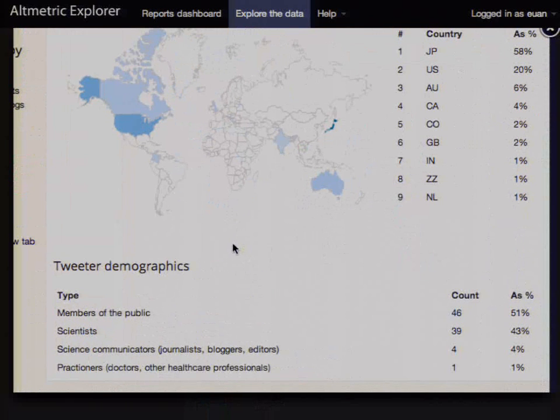So the idea is that if you're tracking attention, you can say it's highly accessed, but the reason is because 80% of the people talking about it are doctors. Or quite often you'll see a paper that's popular, it gets a lot of attention, but for some weird reason,